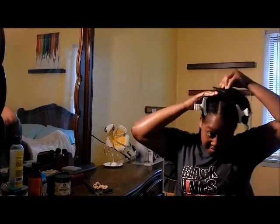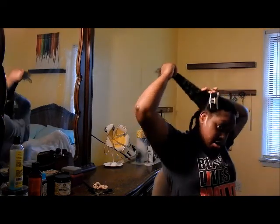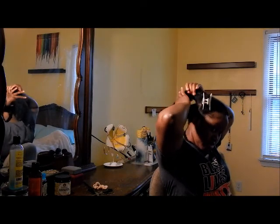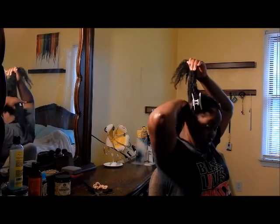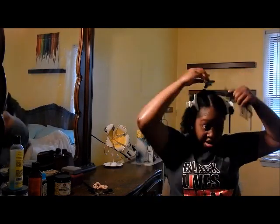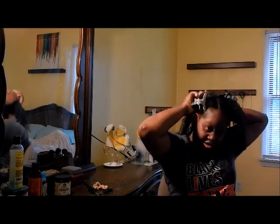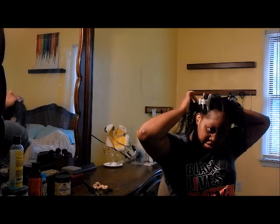I would love for you guys to just trim your hair at home so you don't have a bad experience anywhere. And if you just don't have the money or time to go to a stylist, you can literally just do it at home. I've always trimmed my hair. And I actually trim my mom's hair. She's natural. I know I haven't showed you guys what my mom looks like. But,